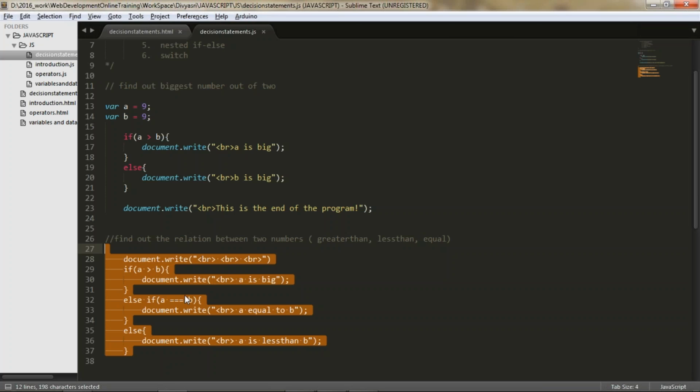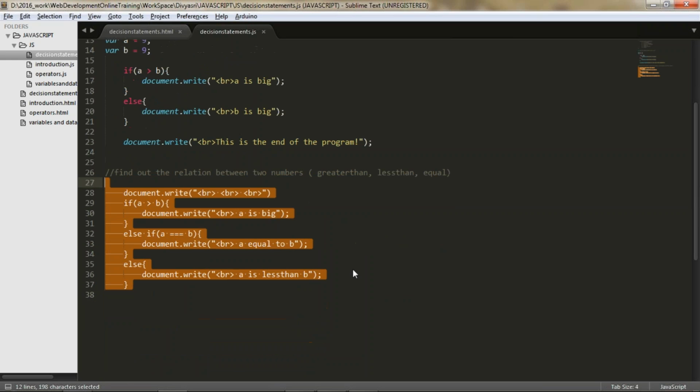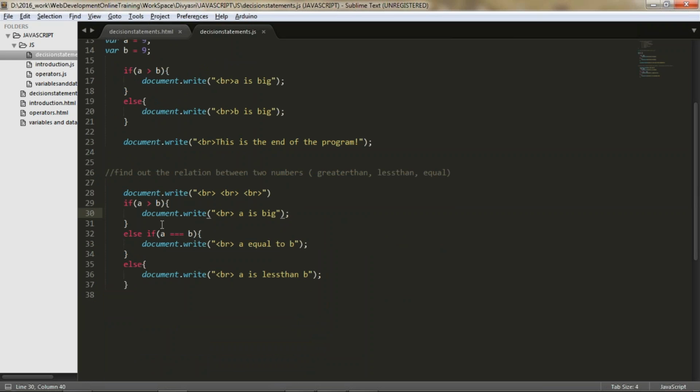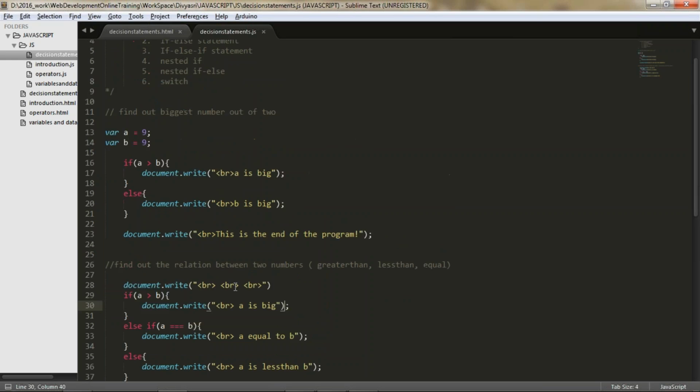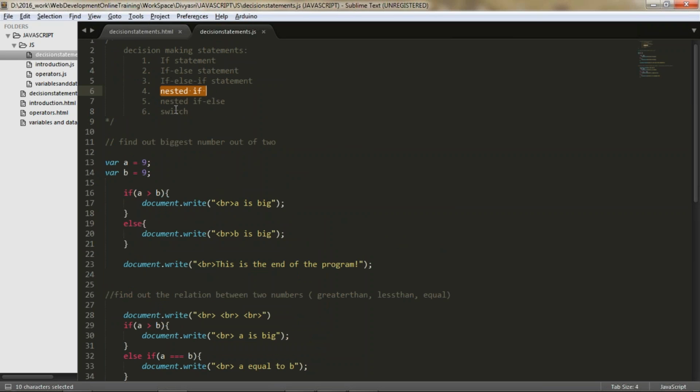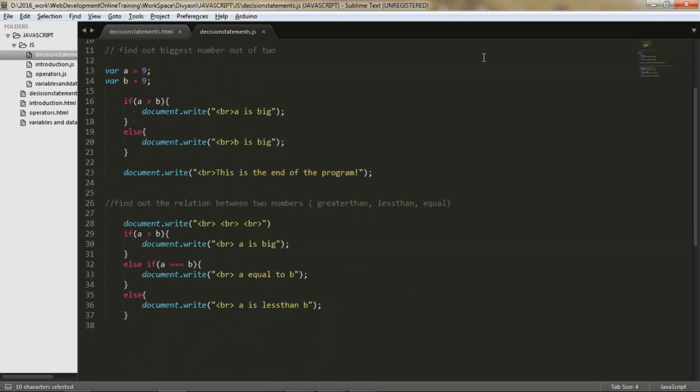Now it's satisfying, it is producing a valid result. Okay, so we are getting the desired result as we required. So that is about if else if statements. And for the nested if and nested if else means,